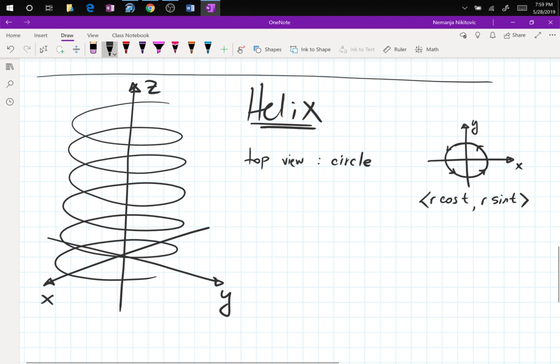So the equation for this one is r of t equals, whatever your radius is, let's use capital R, R cosine t, R sine t, and then let's say just linear